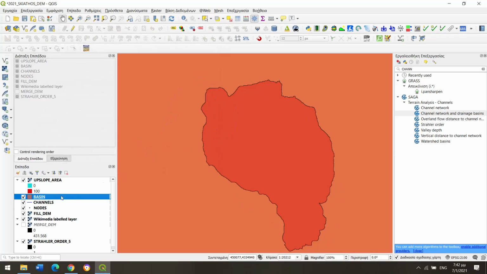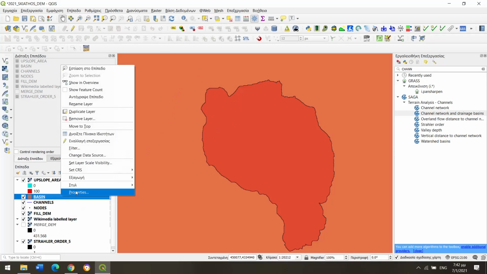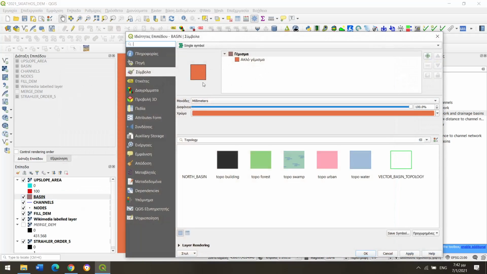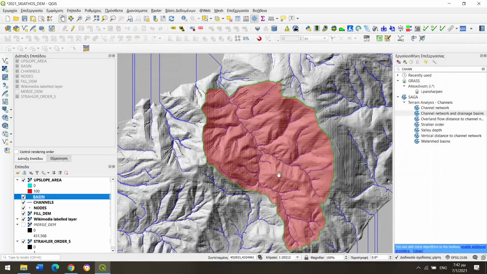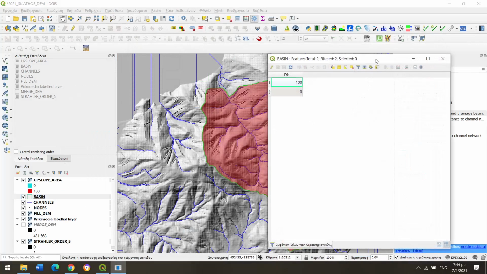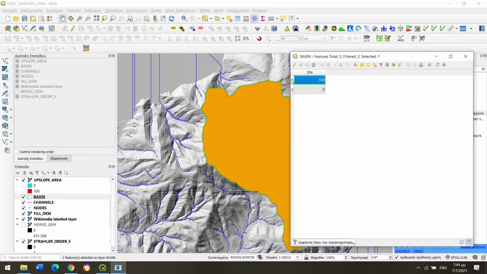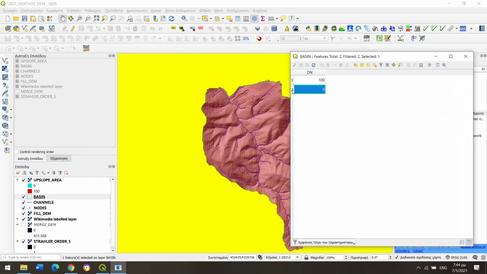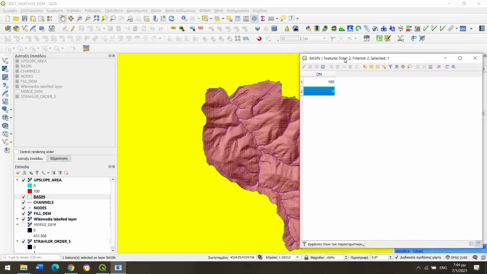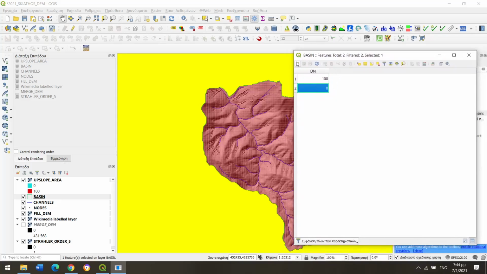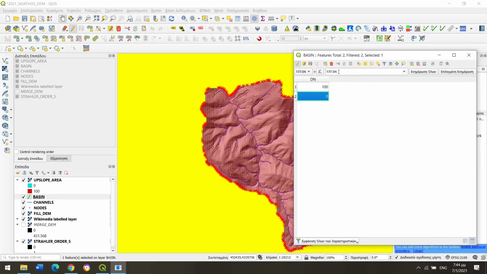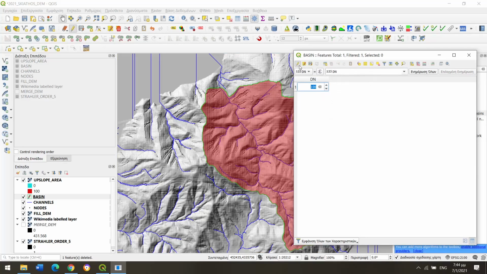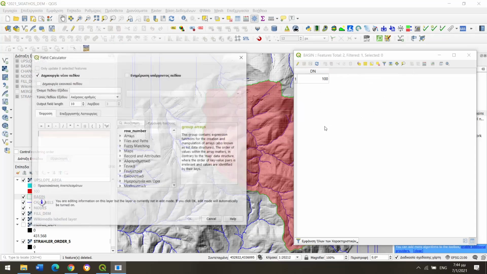But in order to see it properly, we have to work a little bit on the properties of this layer. We have to change the topology of the vector layer. Properties of this layer. With 100, it's the basin area itself, and with 0 value is the whole area outside the basin area, which means that we have to eliminate from the file the points with value 0, delete it from the file, save the new file,